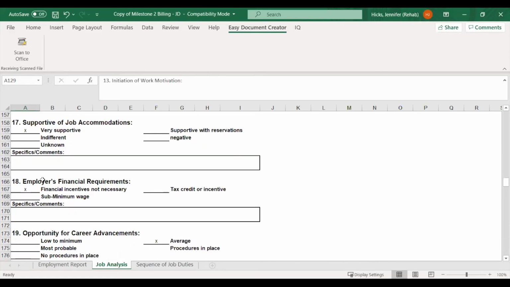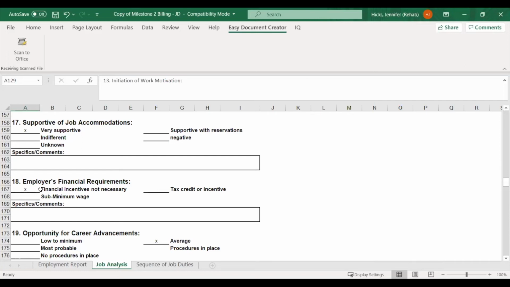Number 18 is employers' financial requirements. Some of the things you can check here are financial incentives not necessary. Was the tax credit or incentive necessary? Or is it a sub minimum wage?